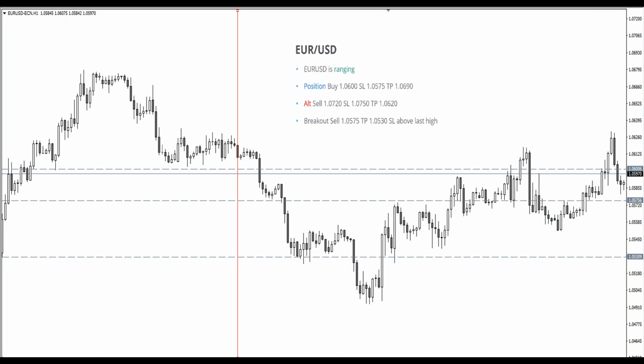and that trade quickly went in a stop loss, right, hitting our stop loss. But I also said if 0575 is hit, this should have been a breakout trade, and actually it happened. 0575 went down, the price broke to the downside, and TP was hit 0530. It went even below the TP, but well,